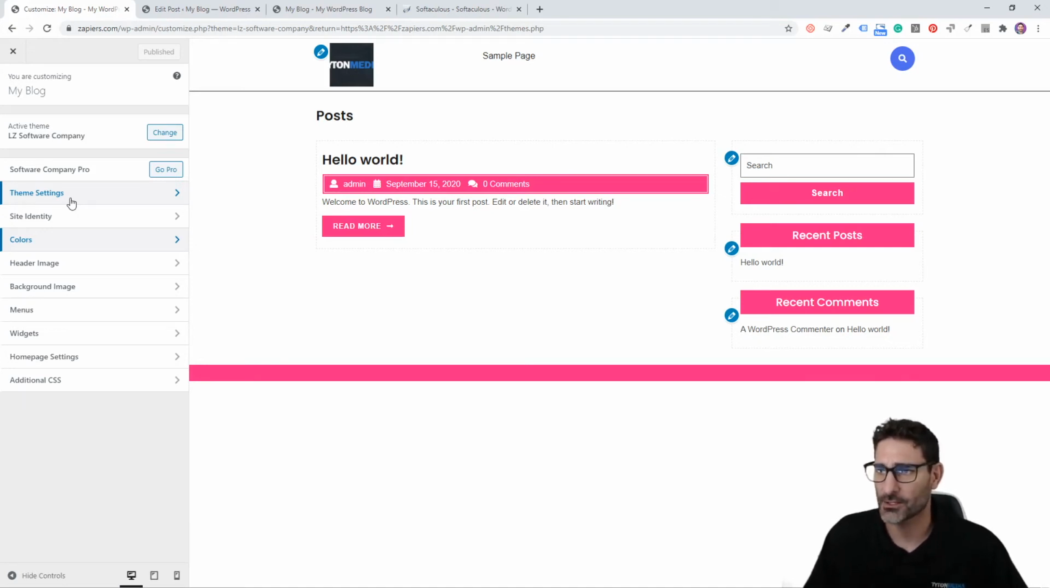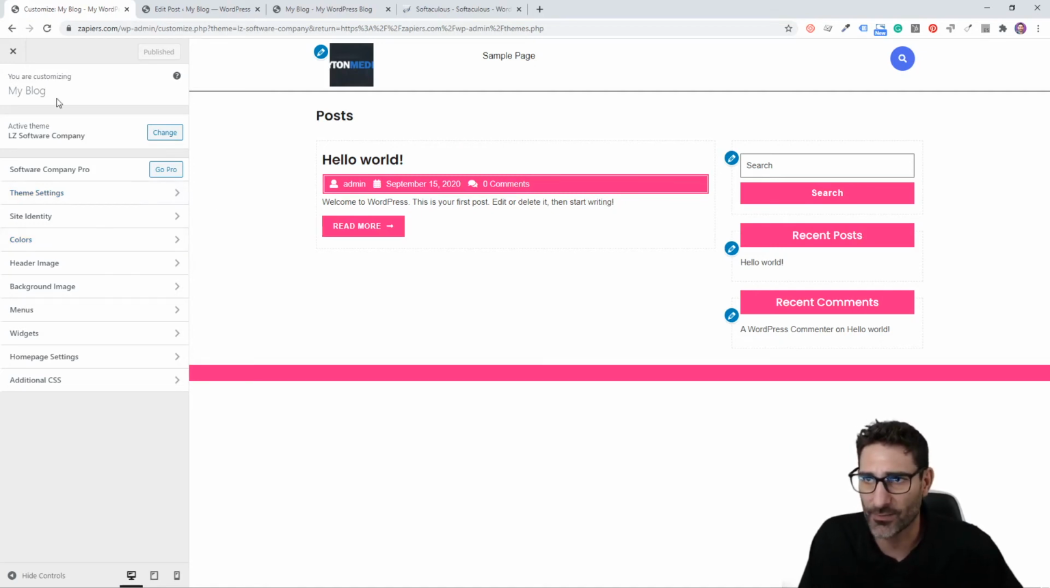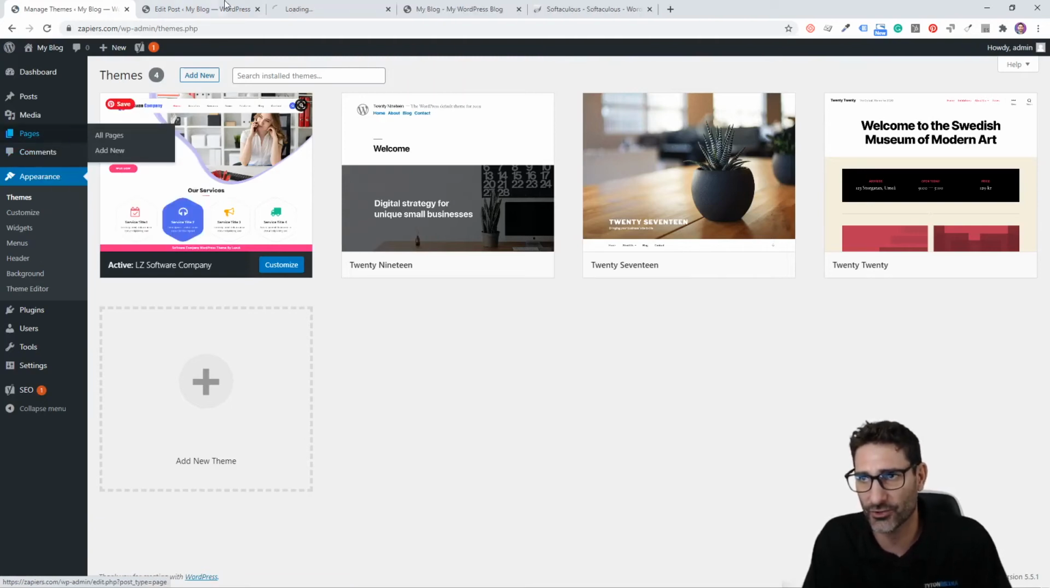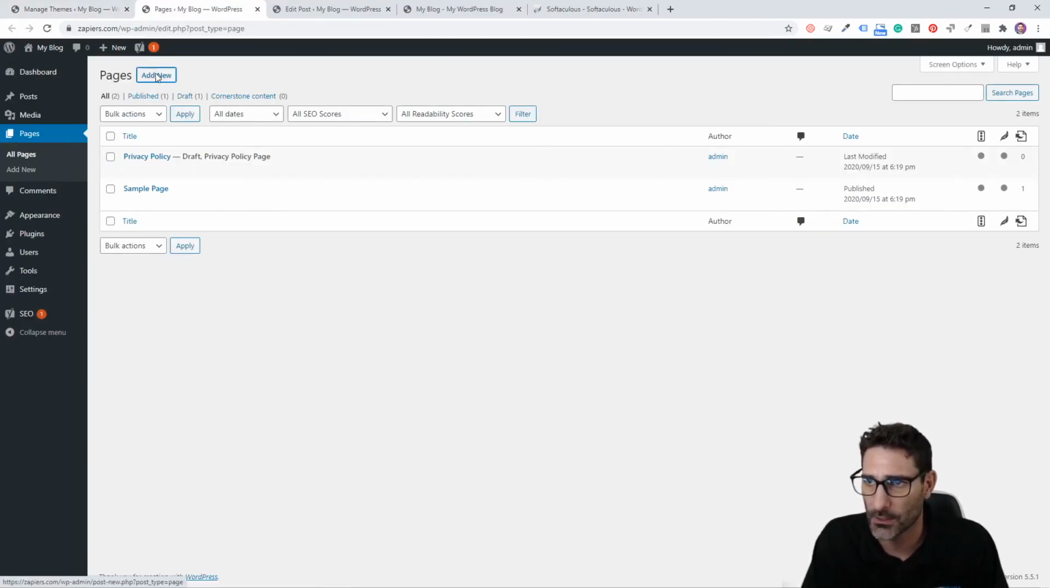So one more thing that I wanted to touch on, a lot of people aren't sure how to make a homepage instead of having your posts be the homepage. So that's really easy to do in WordPress. I'm going to show you how to do it. So the first thing you have to do is create a page for home. So we're going to go create a page for home,